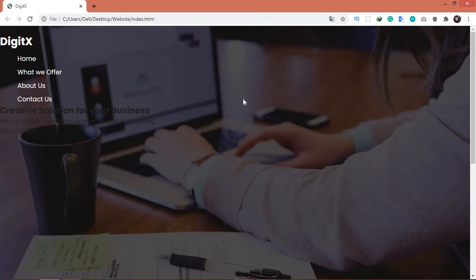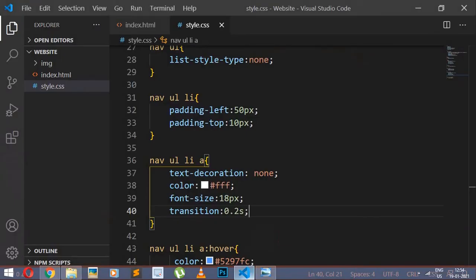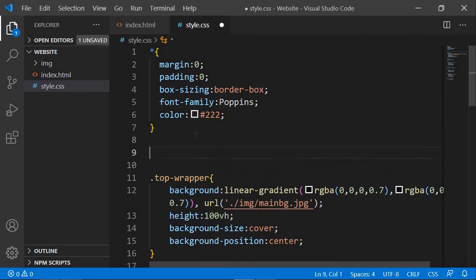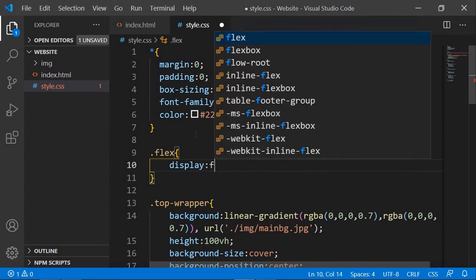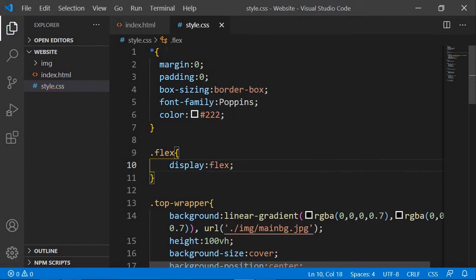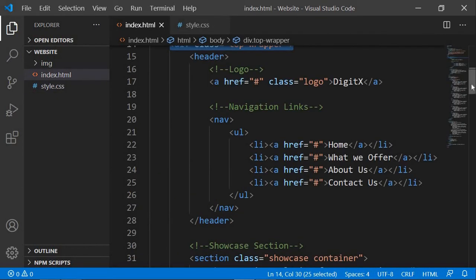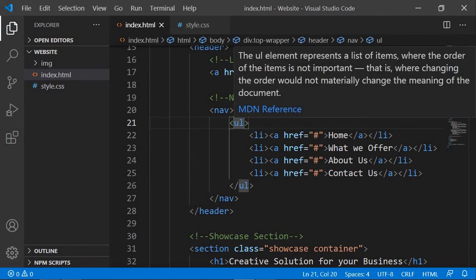Now what I would want to do is put this entire section here, and I also want to align this horizontally and not vertically. Again, there are a lot of ways how you can achieve this. For me, the easiest one is by using a flex property. So let's go a little up, and here let's add a dot flex class. I've not added this class anywhere, I'm gonna add it later on, but here let's just change the display property to flex. And in our index.html file, let's add that class in our UL tag, because UL is the